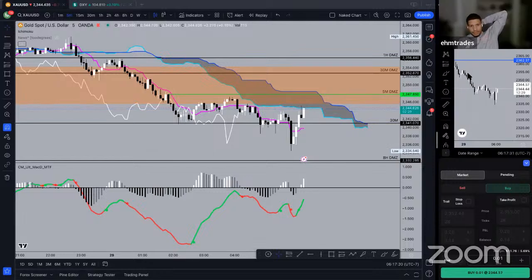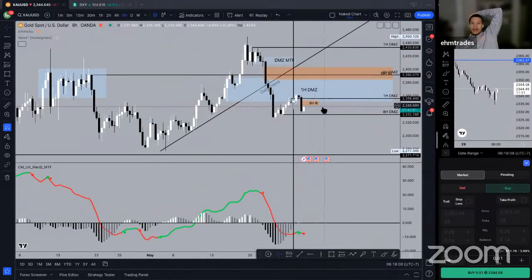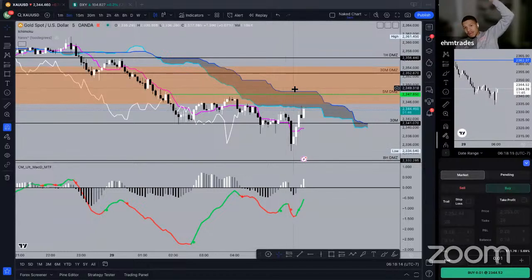Yeah, I feel that. I feel like that's definitely something I've adopted much more. Before, I was trying to blend my observations with my executions, and that's when I would get into trouble, instead of just observing. Right now, I would be trying to take a buy towards this area of imbalance, right? Instead of just being patient, like on this 8 hour right now. If entry confirmations came in, maybe I enter on that, but